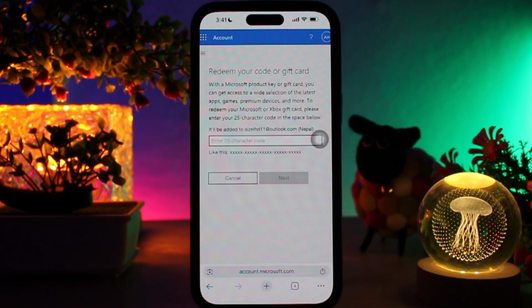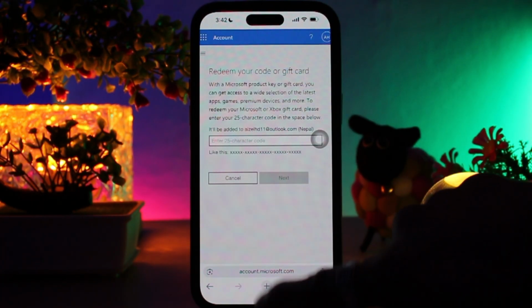Now once you have entered the code, what you need to do is simply click on redeem or tap on next, and then follow the on-screen instructions to successfully redeem the voucher. Then the product or subscription is added to your Microsoft account, and now you can download, install, or activate it immediately. So these are a couple of steps that you can apply, and